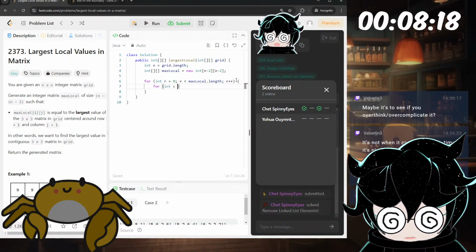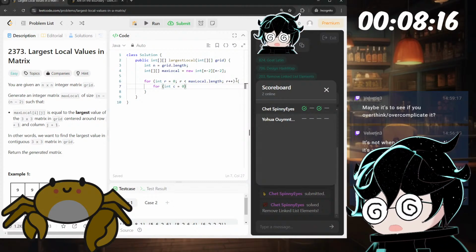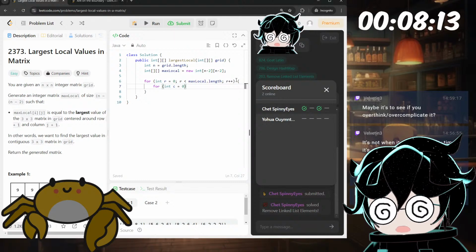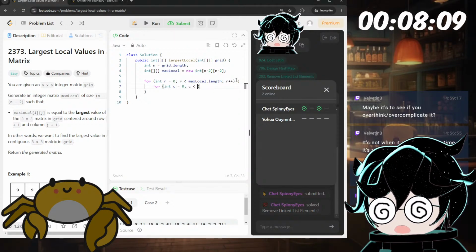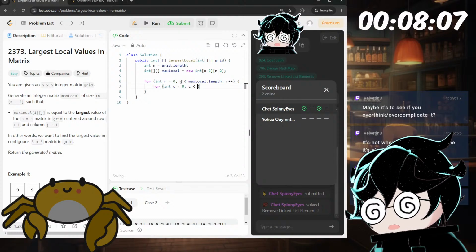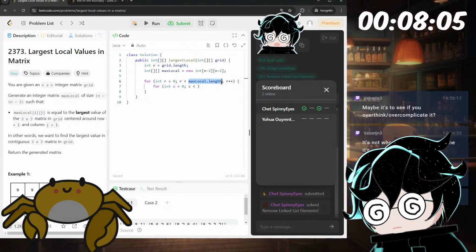And the column is the same thing, right? The height is exactly the same, so we can just copy this.